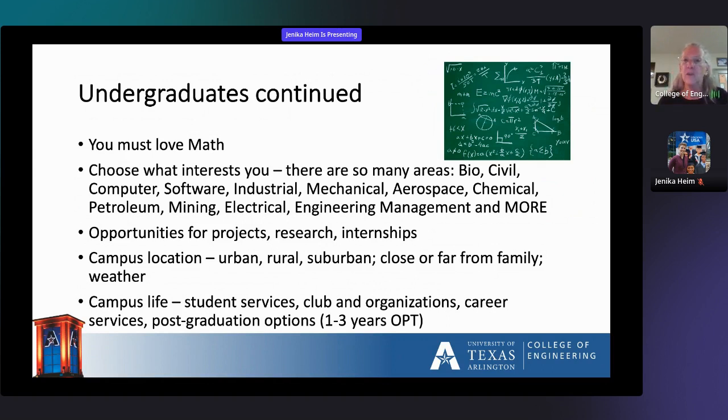What kinds of student services are available? What's the library system like? What's tutoring like? What's the health services like? What is residence like? Do they have residence? What kind of residence halls are there? What kind of meal plans are available? Take a look at the meals and see if it's the kind of food that you would enjoy eating for